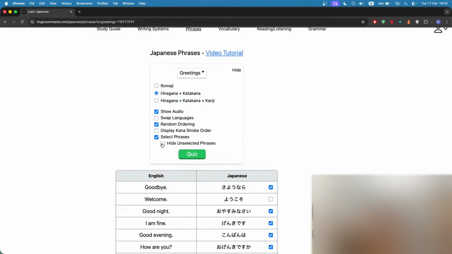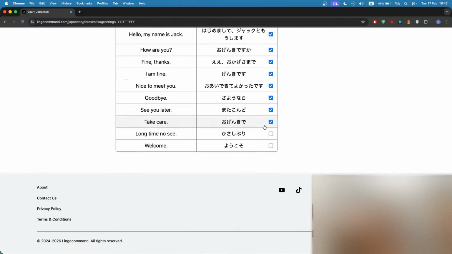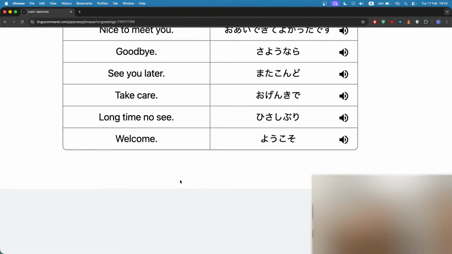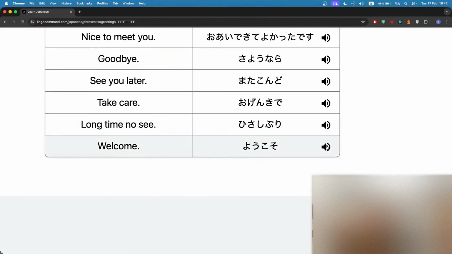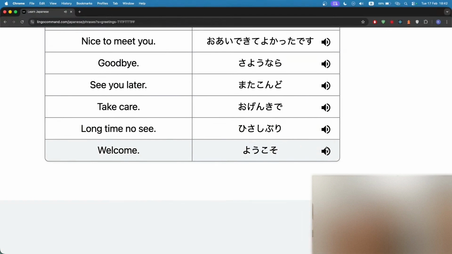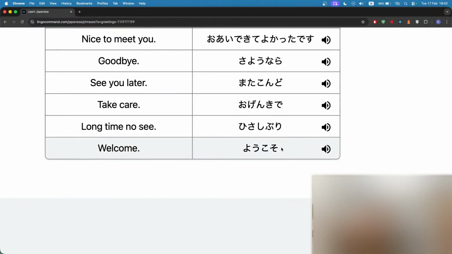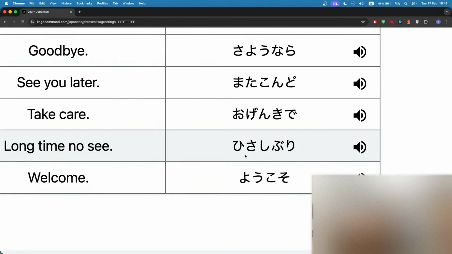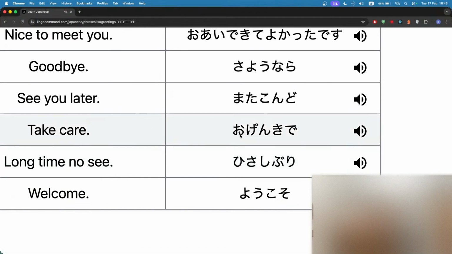So what we'll do is select these bottom three and let's take a look. Okay, so welcome is yokoso. So this is not like you're welcome. It's more like welcome to my house or welcome to this establishment. Long time no see is hisashiburi. 久しぶり。 And take care is ogenki de. お元気で。